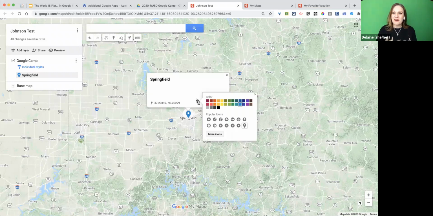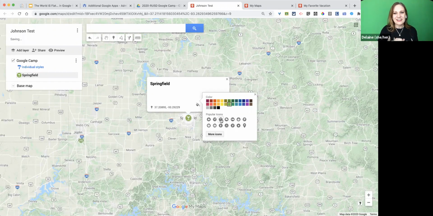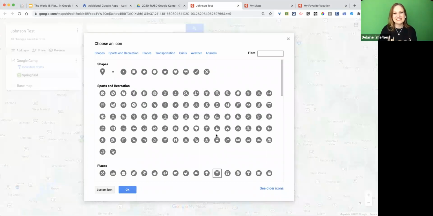So you have options. You are not stuck with the color or the symbol that Google My Maps gave you. What I want to point out is it's great to be able to pick icons that might not be school appropriate, so I usually remind students to make sure that it's okay for the principal to see when you pick a different icon for your marker. There is a button called More Icons, and there are some really cool icons in here. There are also things that are not school appropriate. So just a heads up, there are definitely symbols that you might not want students to use on My Maps, but they will